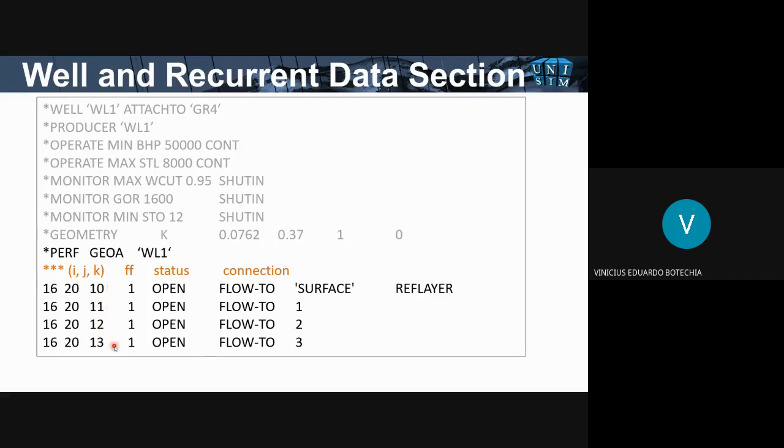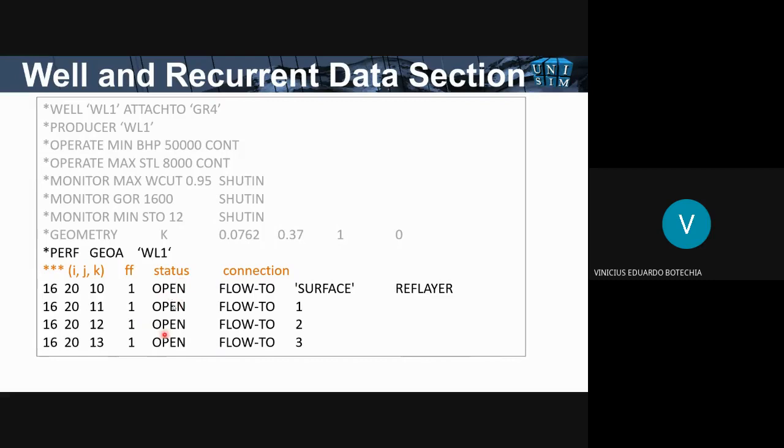In the vertical section. Here is the factor form. It's a multiplier for the well productivity. If it's 1 here, nothing happens, but you can change it here to consider uncertainty, for instance, in the well productivity, right? So it's a multiplier for that.